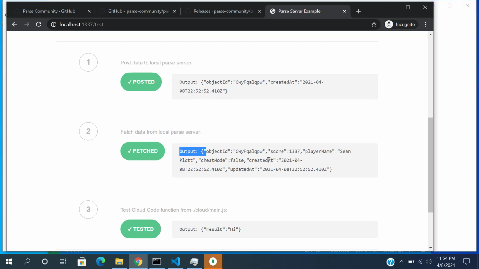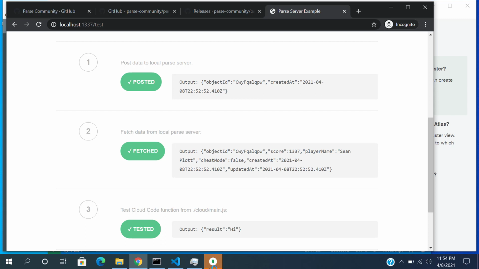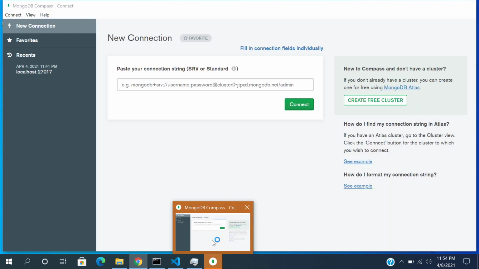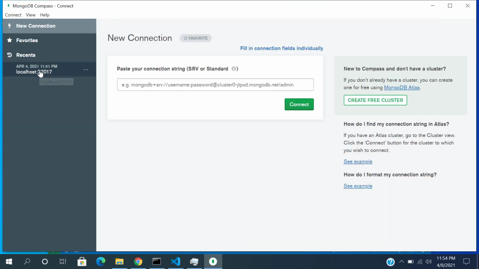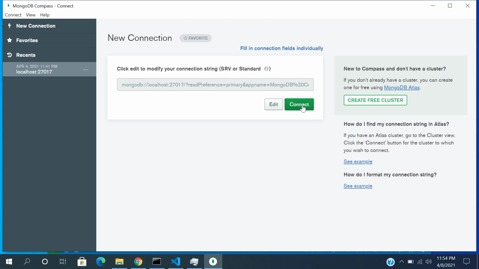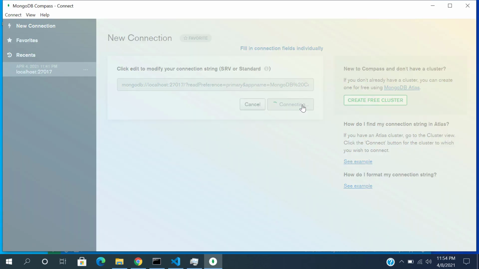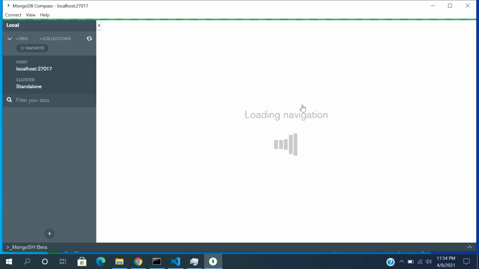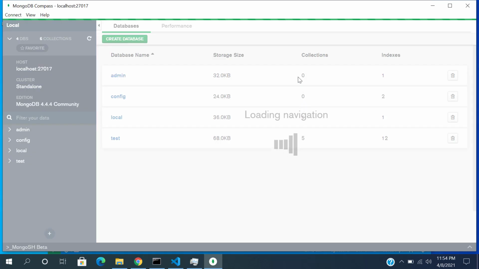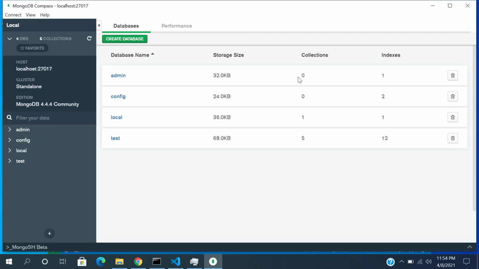It has been saved successfully. So that's why we are running this Mongo Compass, the GUI, to view your database. So we want to connect to the local MongoDB database instance. It is connected successfully, and then you can see this database has been created, test, and then inside test there